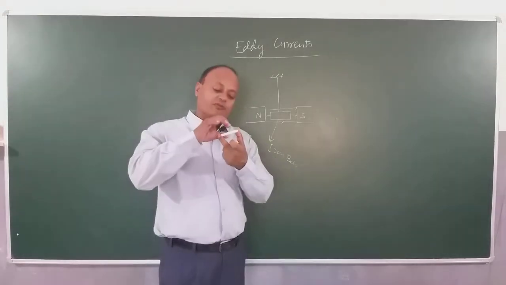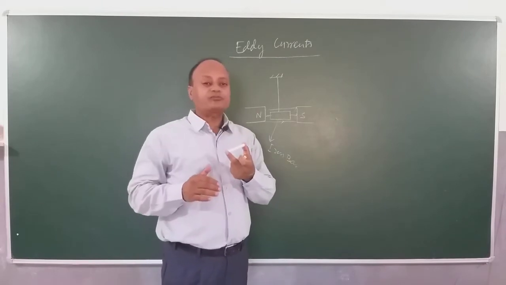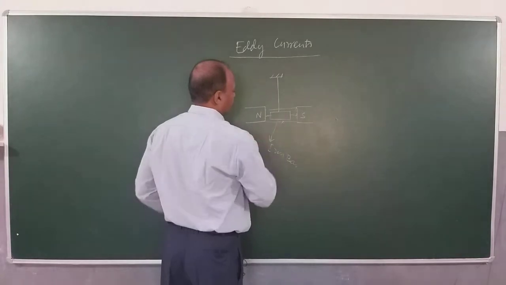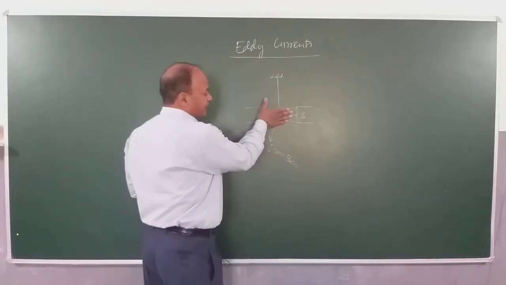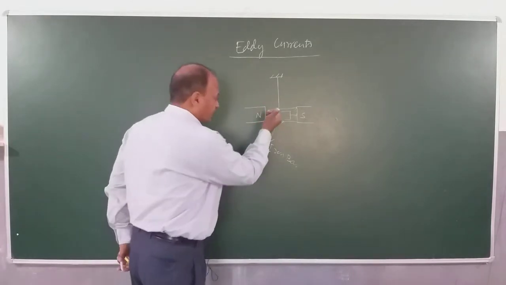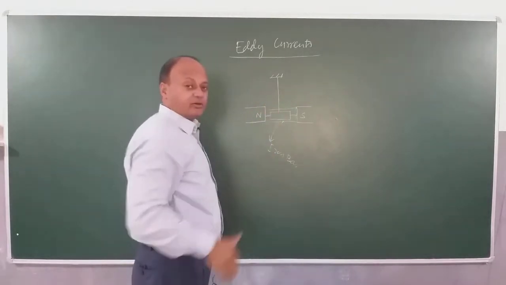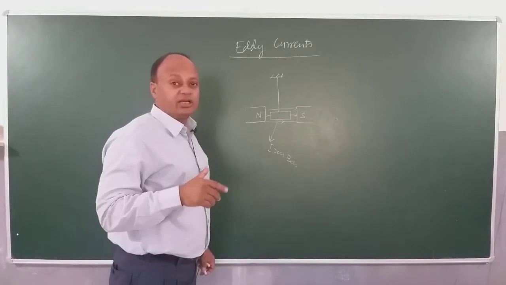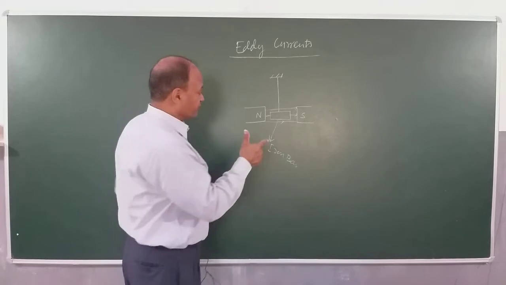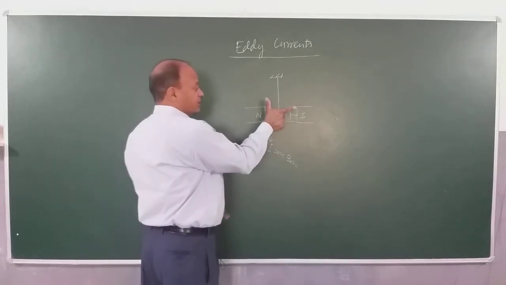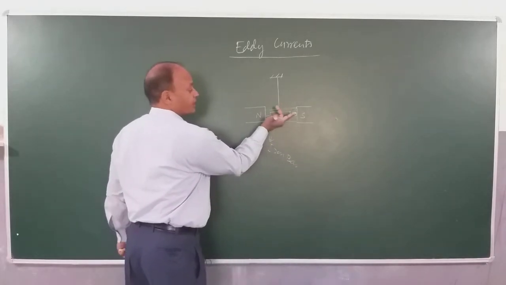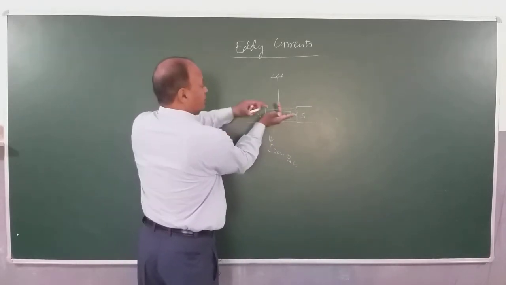Now when flux will change, like I said, a current will be produced. Now this current will be produced, and this is the plane containing the field lines, right? And let us say this bar is coming out. When it is coming out, I can use right hand rule for determining the direction of the induced current. This is the velocity which is outside. This is the field. So current is upwards.